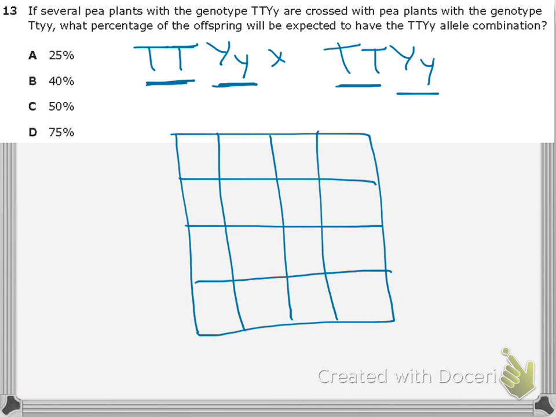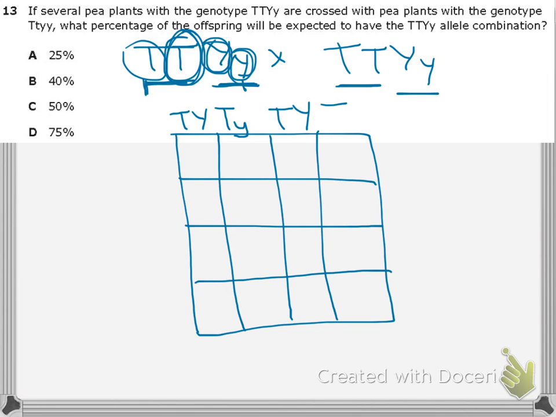So in this case, we can either have the parent give this big T and this big Y. That would be one possible set of genes that they give. Or this same big T and this little y, so big T, little y. Or the parent could give this big T and the big Y, or this second big T and this little y. So see how I'm giving every possible combination